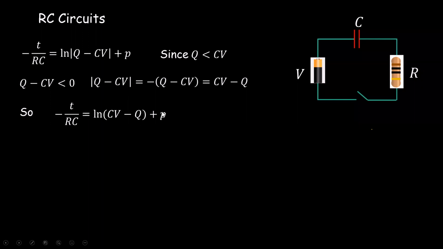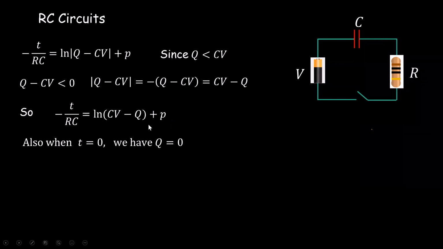And now I want to determine P. The initial condition is that at the beginning, when we close the switch, the capacitor is uncharged. There's no charge on the capacitor. Therefore, we apply this condition: t equals 0 when we close the switch, and the charge is 0. So I put t equal to 0 and Q equal to 0 in this equation,